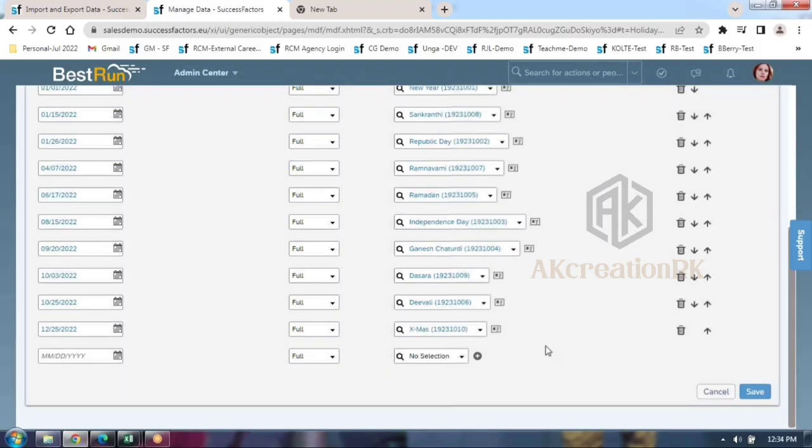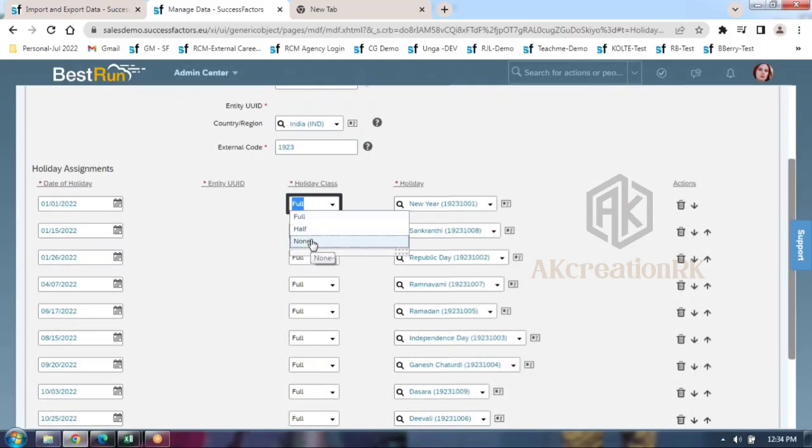Then what do you mean by none? None is nothing but floating holidays. Did you hear about the word floating, guys? Floating is nothing but moving either forward or backward. That means Good Friday is there. Let me go by the globe, for example USA or UK, some other country calendar, Thanksgiving Day.